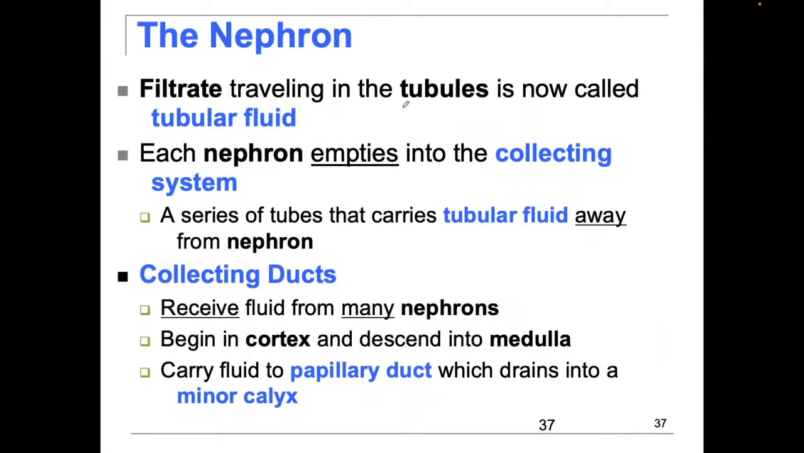The filtrate is traveling in the tubules, so they call it tubular fluid, and the nephron empties into the collecting system, which is really just a series of tubes that carries the tubular fluid away from the nephron and brings it into the collecting ducts, and it's going to receive fluid from many nephrons. So remember, at the end we had